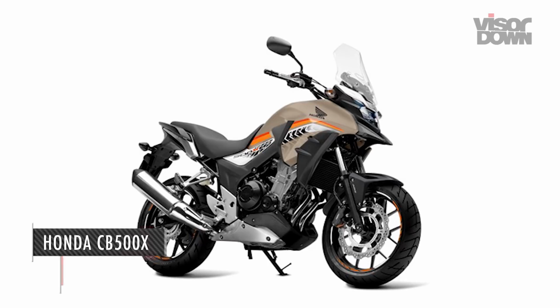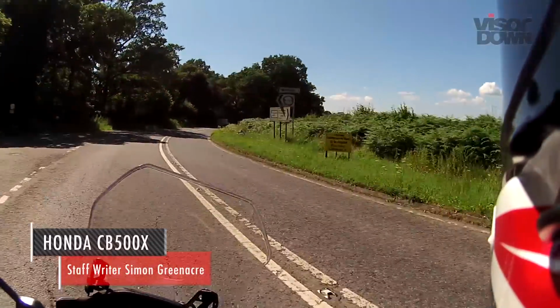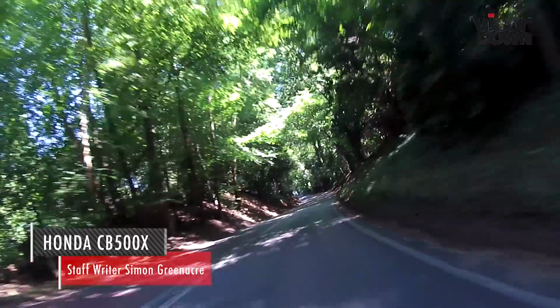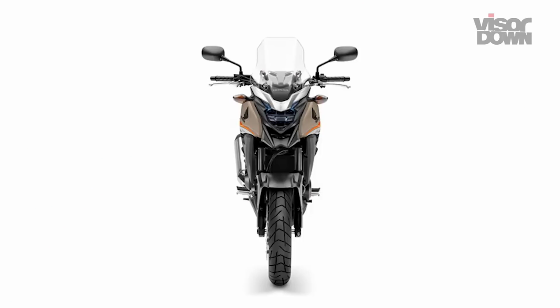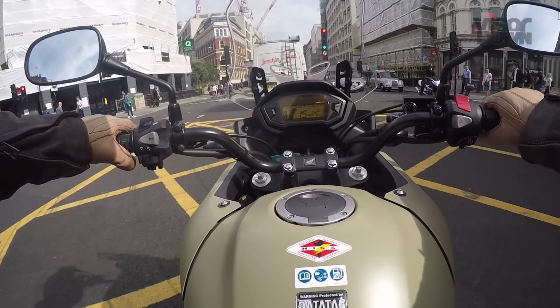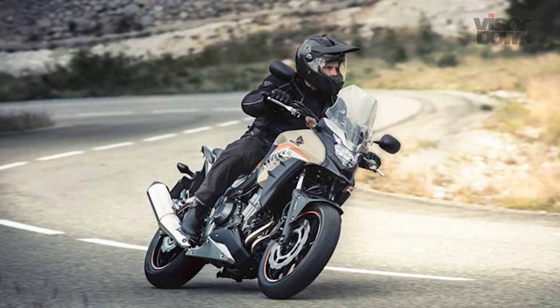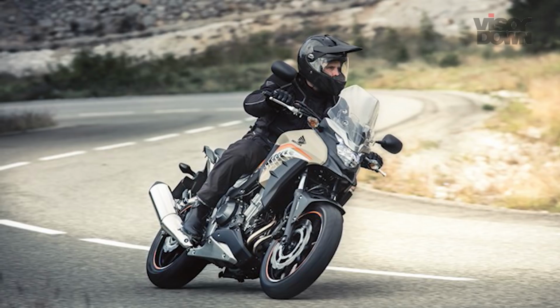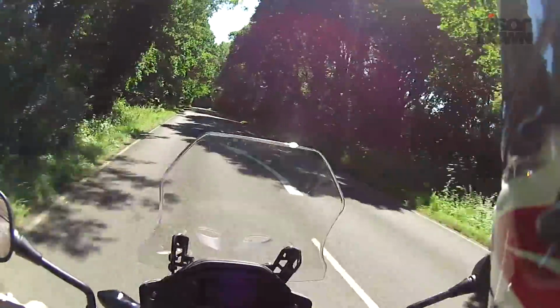The CB500X brings some adventure to Honda's range of 500cc parallel twins, and this 2016 model has received a few simple updates designed to gently refine it. So this updated bike now has an LED rear light assembly and an LED headlight, together with a new plastic surround to create a more pointed, sharper looking front end, although visually there's not a vast difference between this and the model it replaces. To my eyes, it still looks like a well-styled adventure bike, and it's one that's accessible to A2 licence holders for